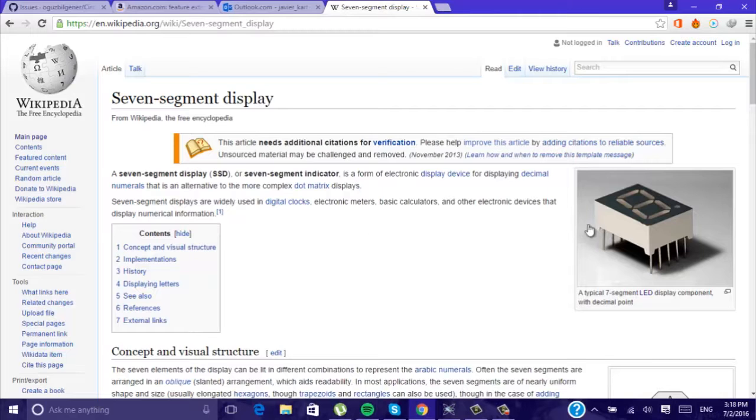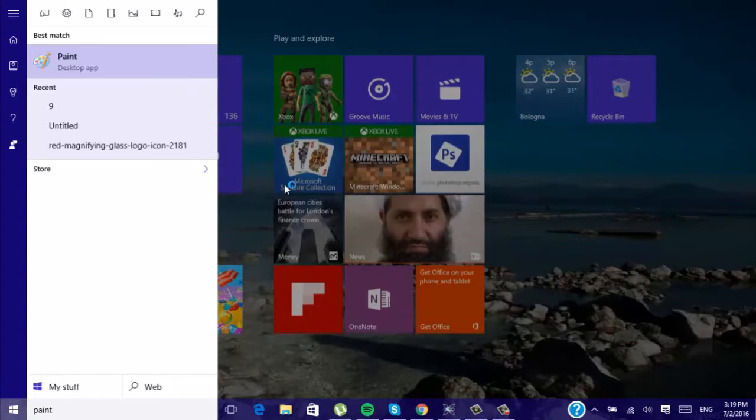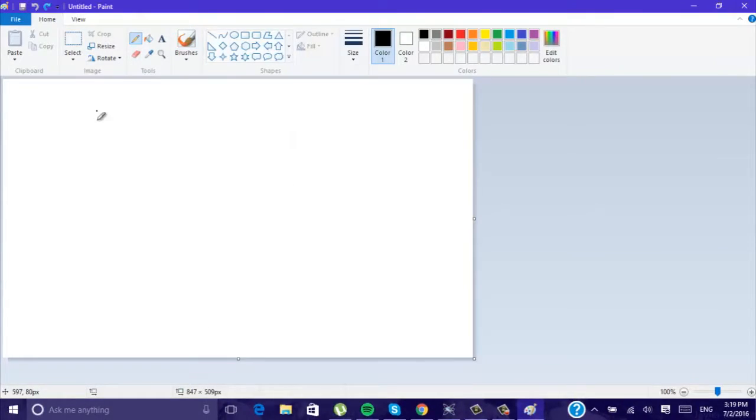And so as you can see, this is the typical configuration. Normally you have an array of them. Let's say you have 4 of these connected. In this configuration we have 10 pins, 5 on one side and 5 on the other side, and they work in this way, more or less. They are just LEDs,